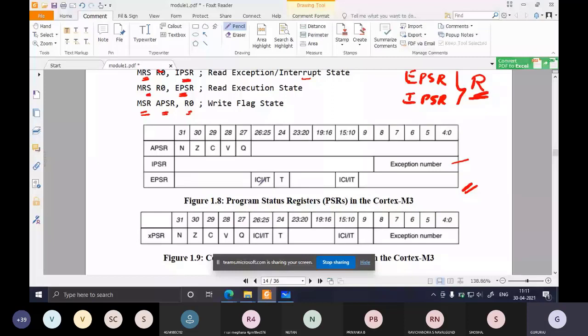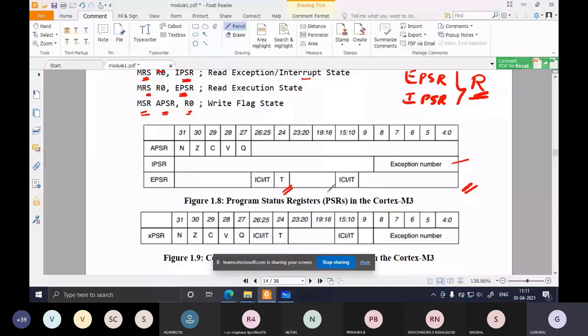We shall see what the if-then instruction is later. It gives information regarding the interrupt continuable instruction or IT, and also the T state. T means thumb state. It tells you whether the processor is in ARM state or thumb state. That is what T stands for.